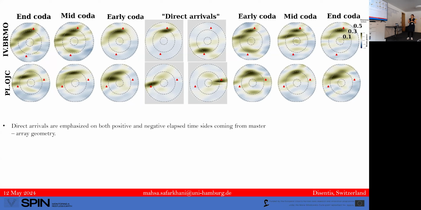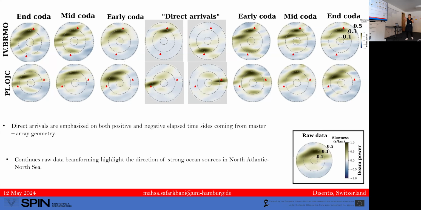So in the primary microseisms, we see considerable coherency in the later part in these directions. So we just need to verify the main contributions of the wave field on the raw data, focusing on the 13 stations in the Grafenberg array. This shows the beamforming applied on just the raw continuous data, with the same time resolution, on the 13 stations in the Grafenberg array. And we see there is agreement between the results of the raw data beamforming and the correlation beamforming in the primary microseism frequency range.